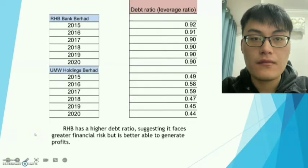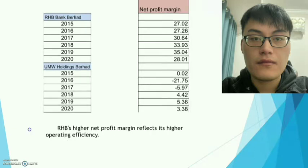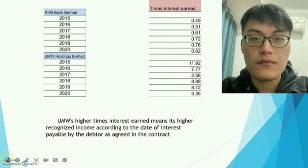capacity. And RHB has a higher debt ratio, suggesting it faces greater financial risk but is better able to generate profits. And RHB's higher debt to equity ratio indicates that its debt capital is higher in the total capital of the audited entity, and its protection of debt capital is weaker. And RHB's higher net profit margin reflects its higher operating efficiency, and UMW's higher times interest earned means its higher